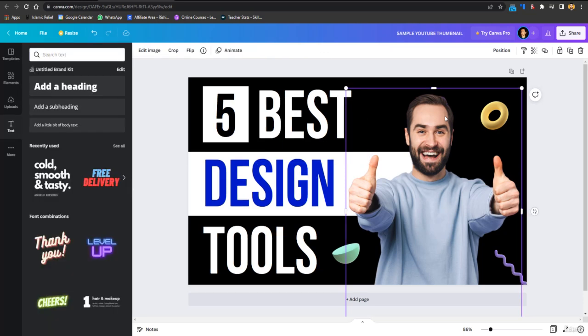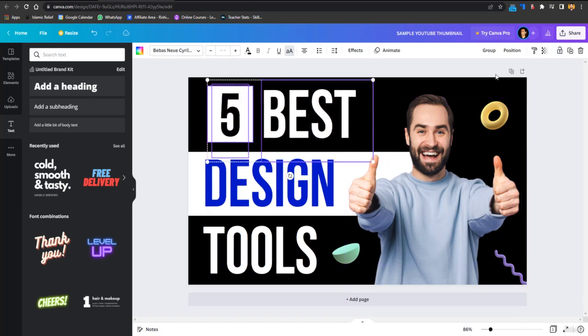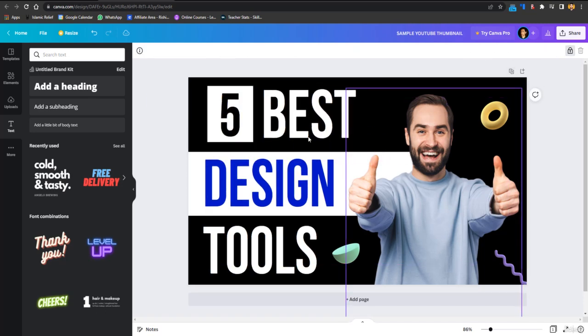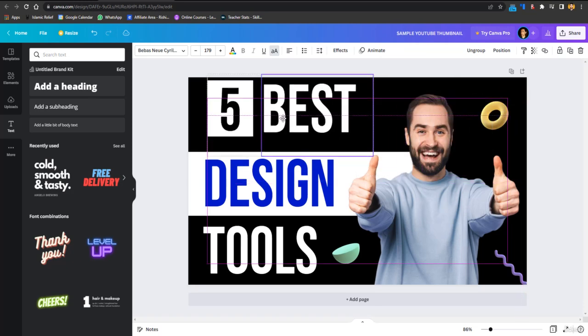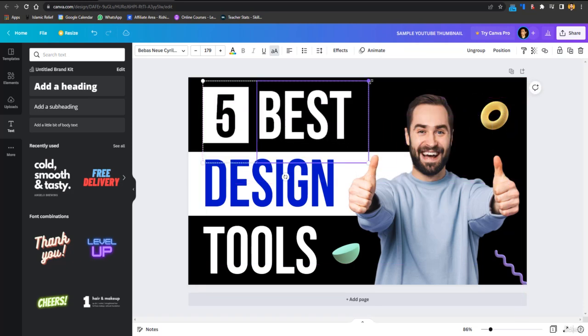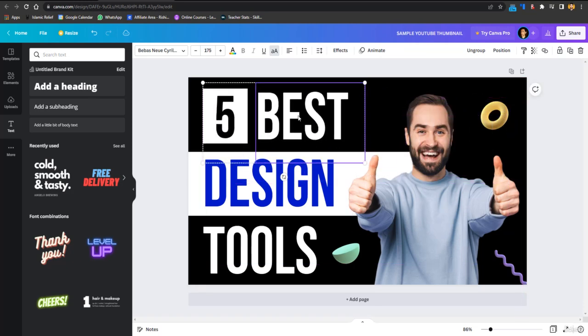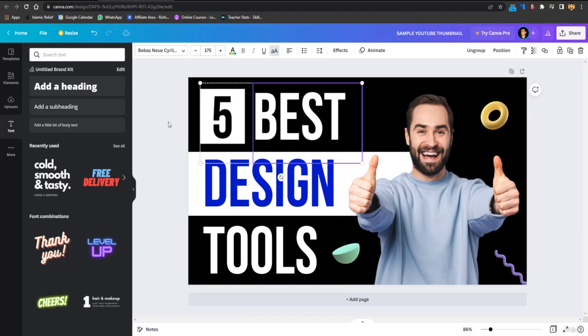And if you want to lock something, like let's suppose I don't want it to be changed, you can lock it. Or if you want to group 2 or 3 things, you can group these things, like click on this group, and now when you select these, all these things are selected. And if you want to make it bigger or smaller, you can just change their properties in a group. So that's how you can create a thumbnail, and then just go to share.